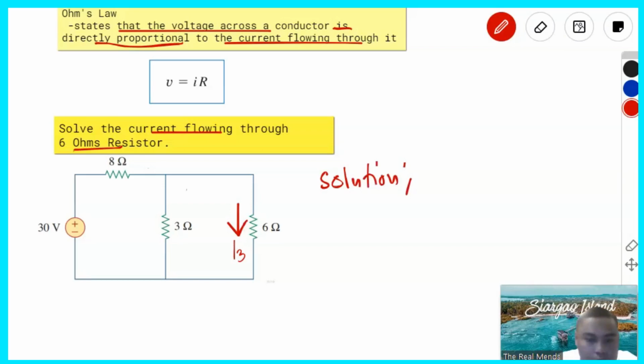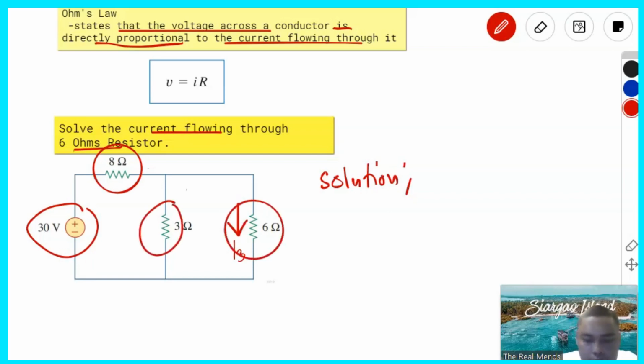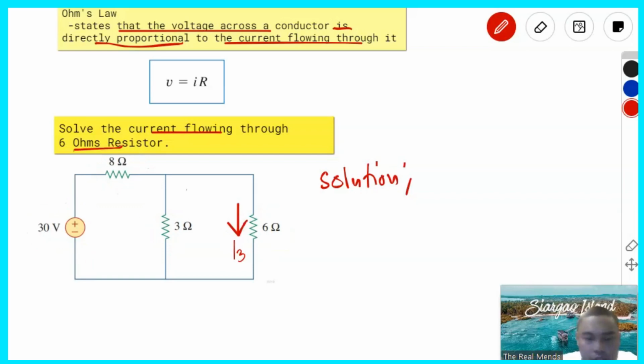Okay, so did you notice that this 8 ohms is connected in series with the 30 volts power supply and connected parallel to the combination of 3 ohms and 6 ohms resistor. So, na-observe natin that itong dalawa, they're connected in parallel. So, the total for that,